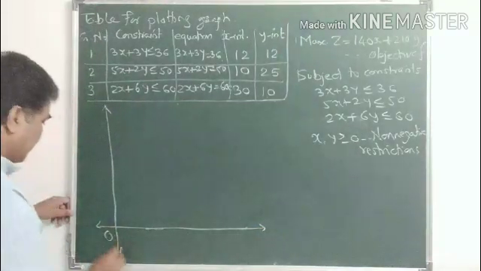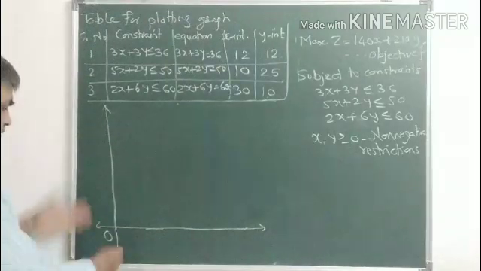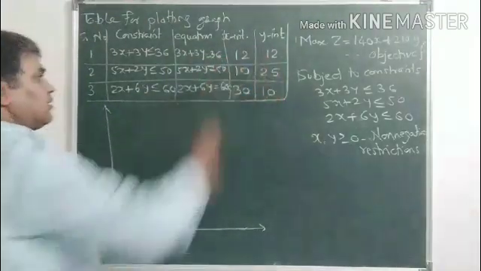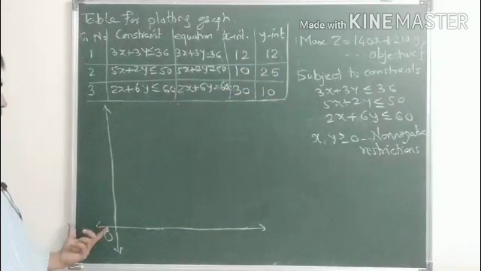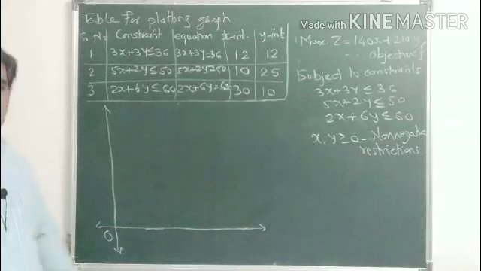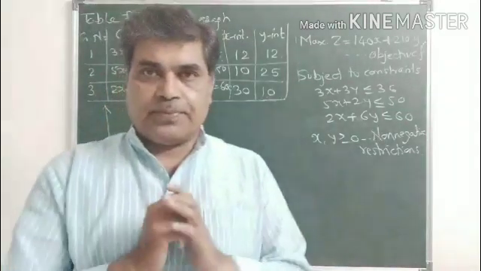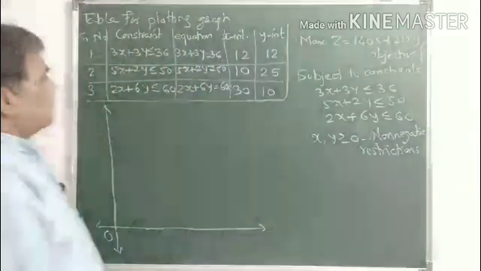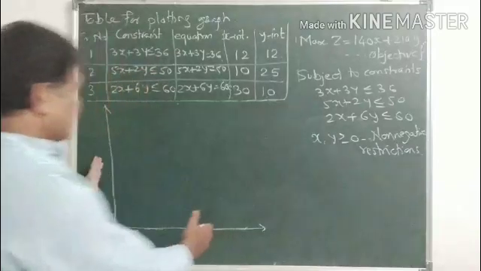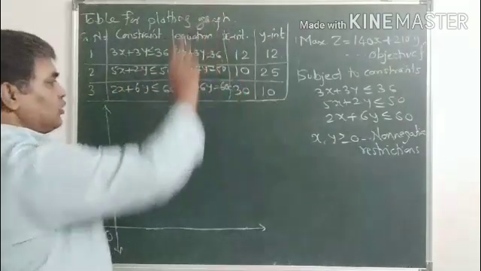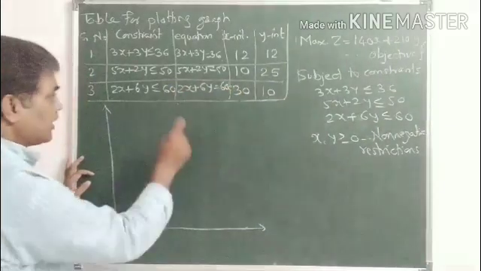If there are some negative intercepts on x-axis, y-axis, then looking towards that scaling, I have to decide how much negative x-axis I require, how much y-axis I require, and depending on that you have to decide the position of origin while plotting the graph. Now here, I'll take 1 centimeter equal to say 5 on both axes.